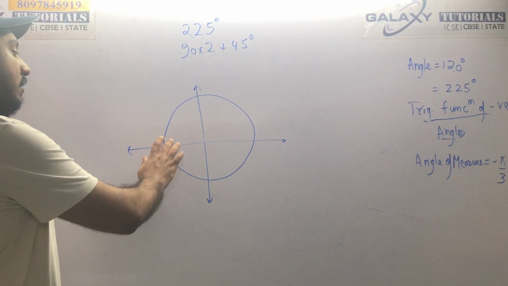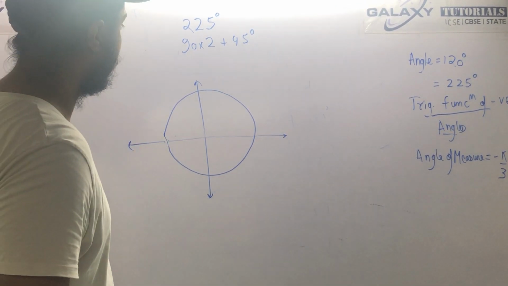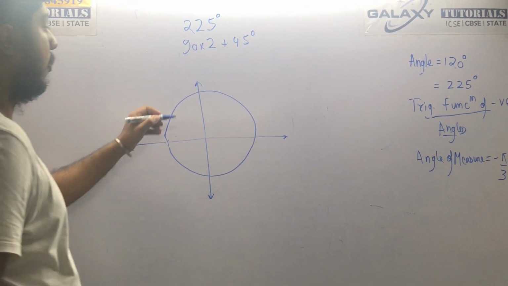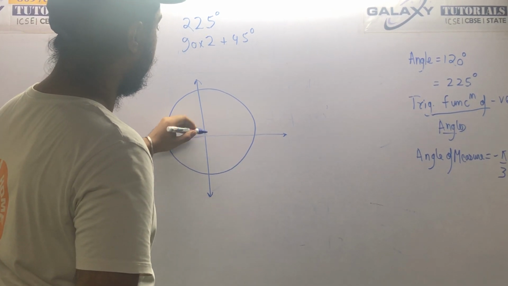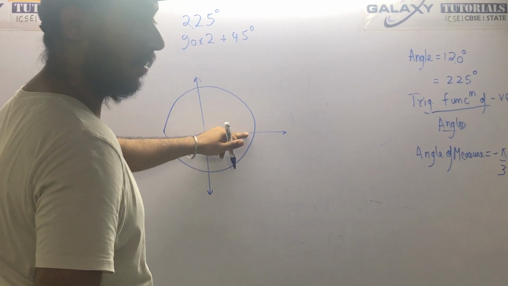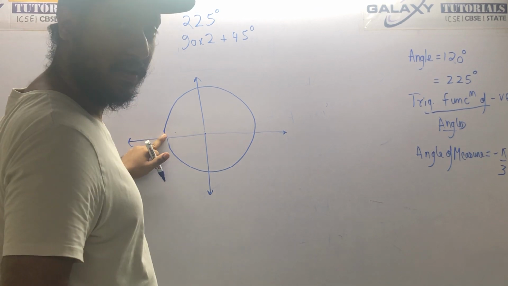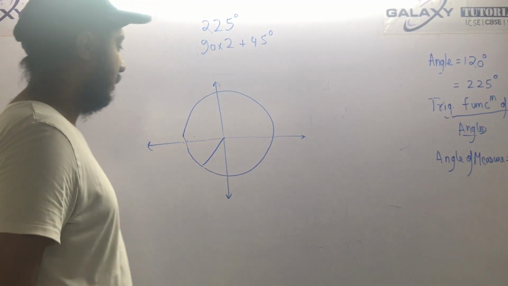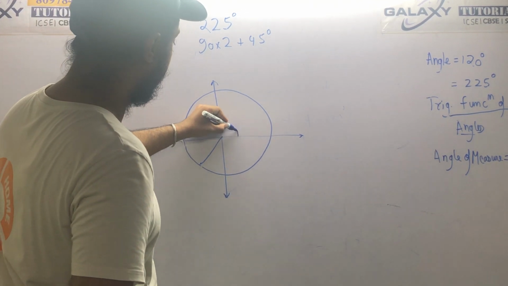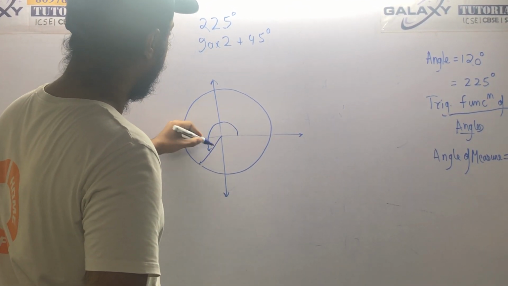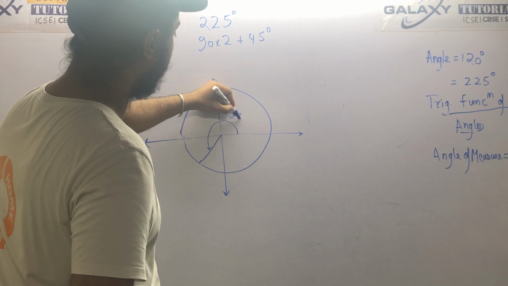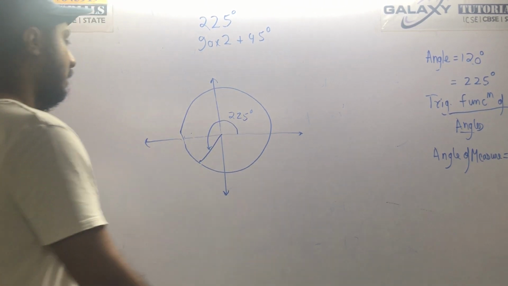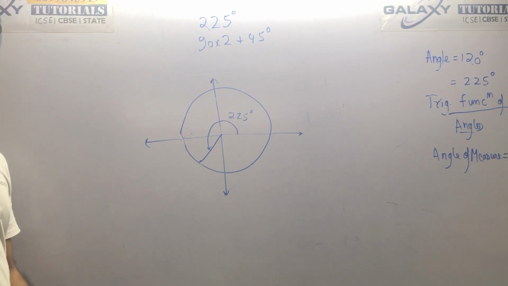Okay, this is a circle. Pardon my drawing. Now how will it look like? See, you will start from here. You will go in this direction 180 degree plus 45. So it will be somewhere here, and this angle will be how much? 225 degree. Now to proceed, you have to make a triangle.